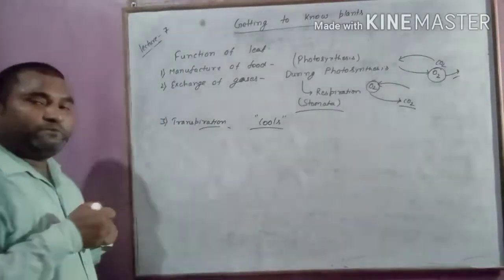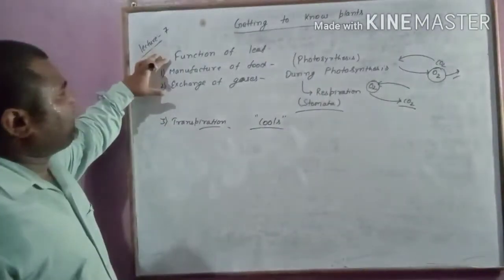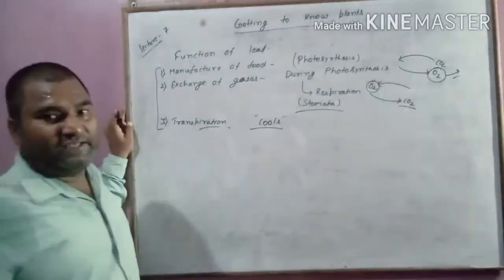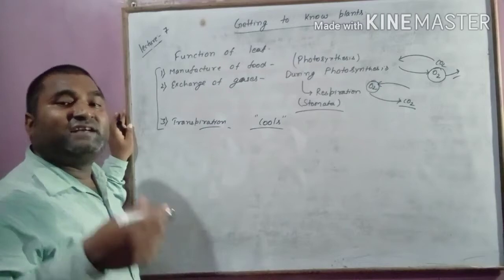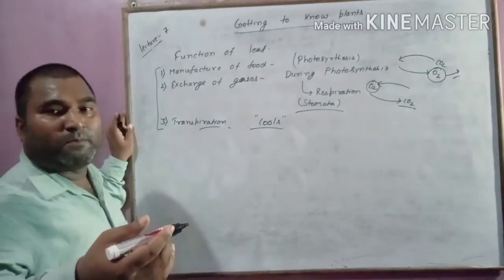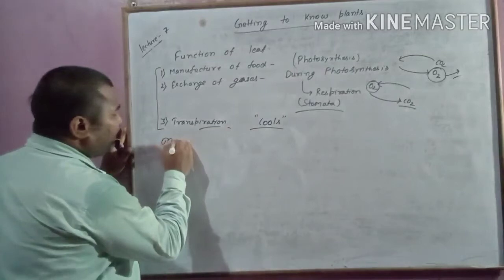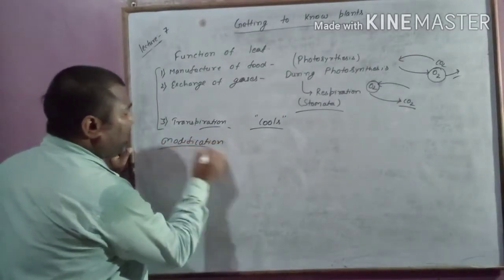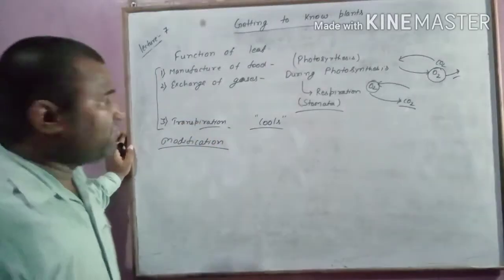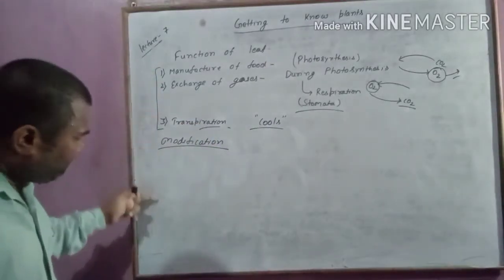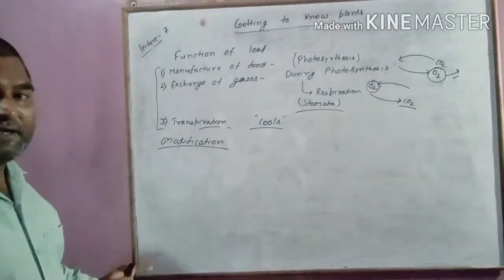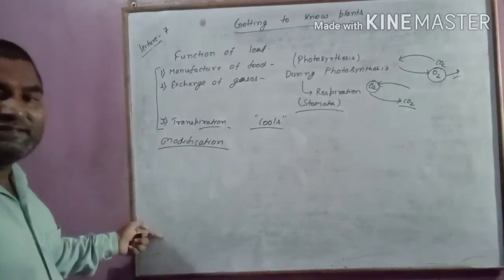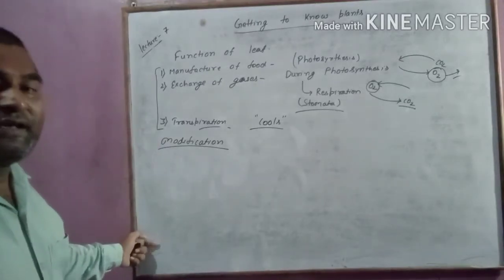Okay. Now, since we are talking about the function of leaf, these three are the main functions of the leaf. In addition to that, some more functions are performed by the leaf, which is called modification. So if someone asks you what is the function of leaf, you will write 1, 2, 3, 4, whatever I am going to write, everything you will write. But if someone asks you modification of the leaf, you will write after this, meaning whatever point I am going to write now.